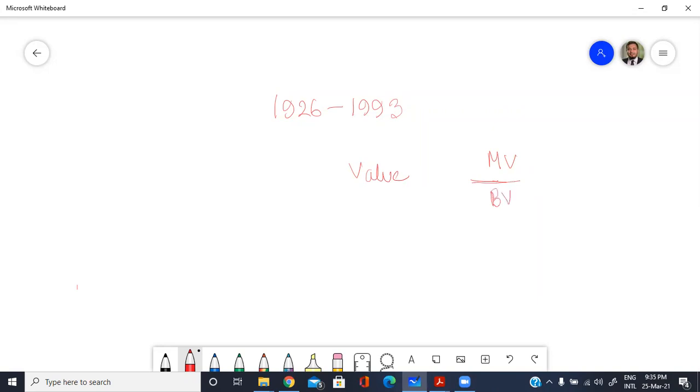If we keep book value here, and if we just inverse this, just the opposite of each one, this concept is known as the value metric. Now you see some companies are traded at a very high multiple, and